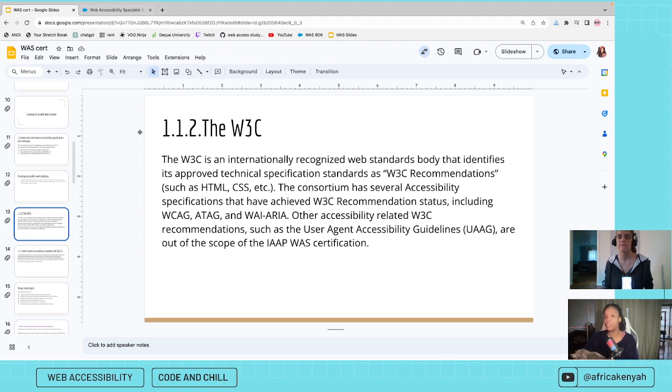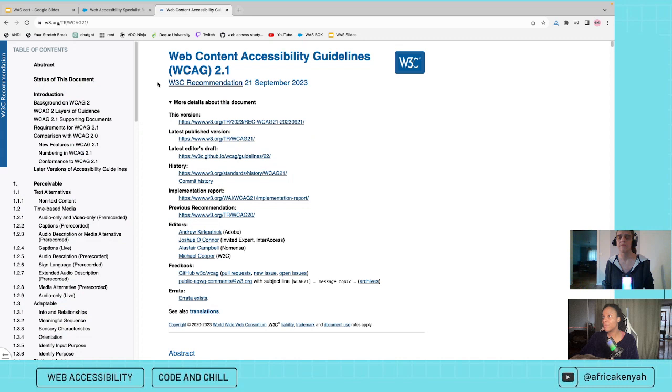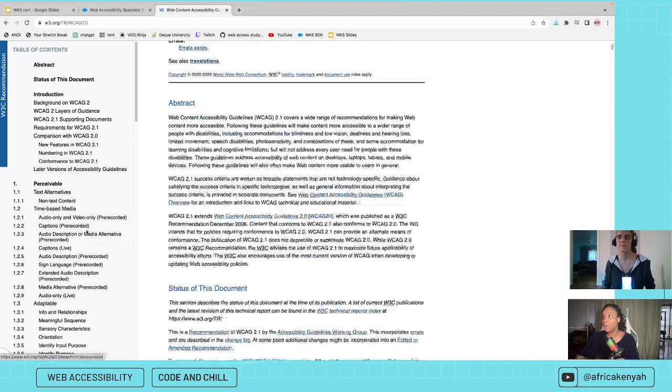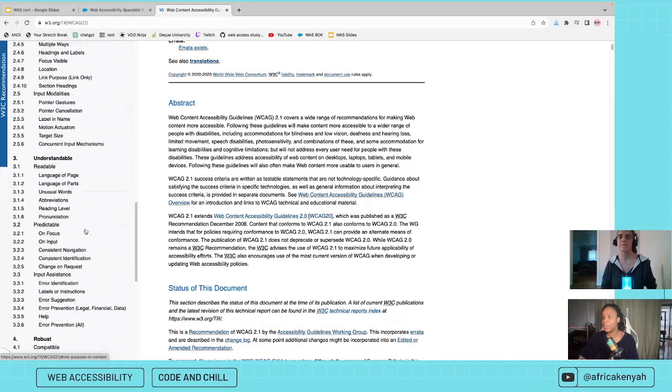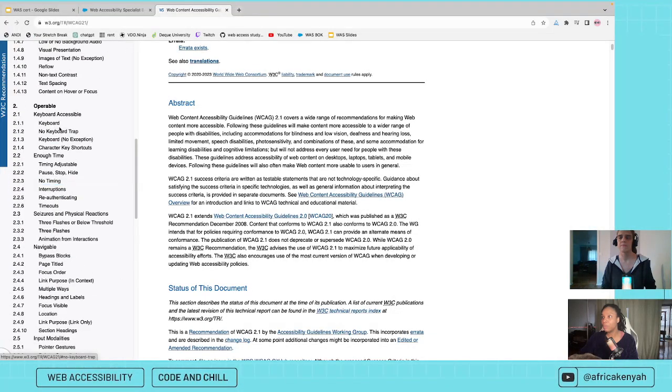And the W3C is where the WCAG is housed. So if I go to W3C, the World Wide Web Consortium, this is a part of it. And this is where you can go if you want to go through all of the different things that we just talked about. So they're all right here. You can go through them.